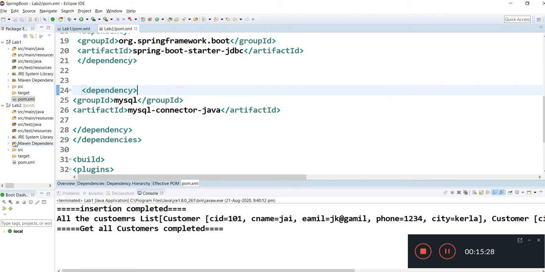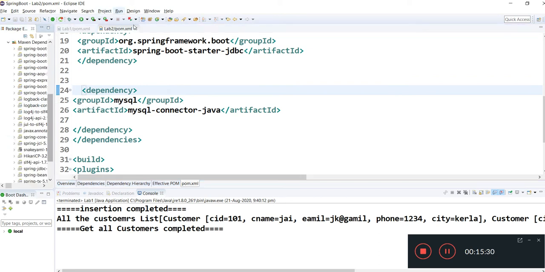Okay, here you can see Maven dependencies has been downloaded, and by default it has downloaded HikariCP, the HikariCP connection pooling algorithm, because HikariCP is the best for performance of your database connections, and all other jars have been downloaded.